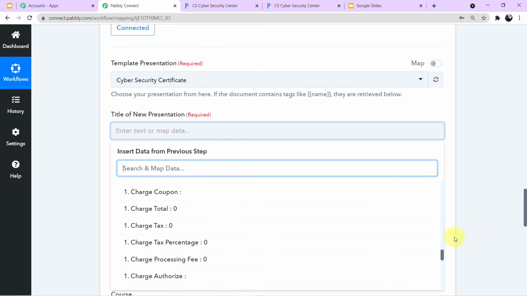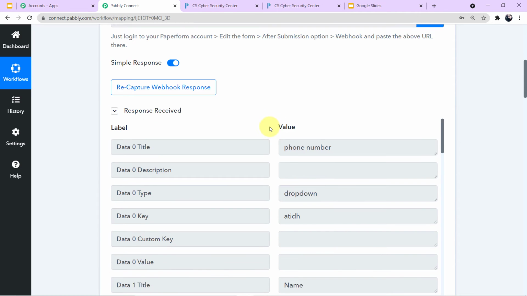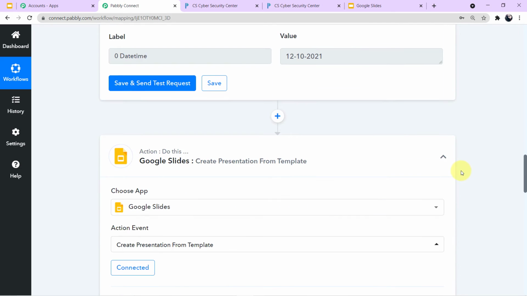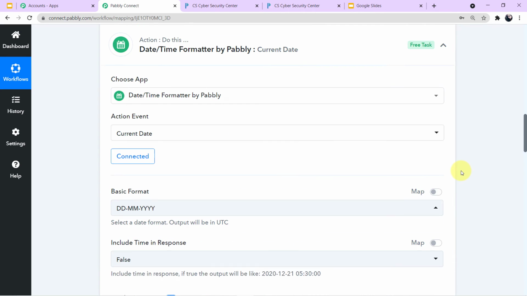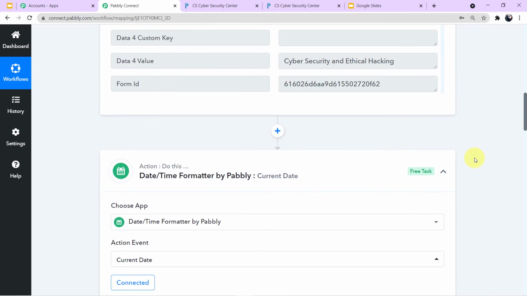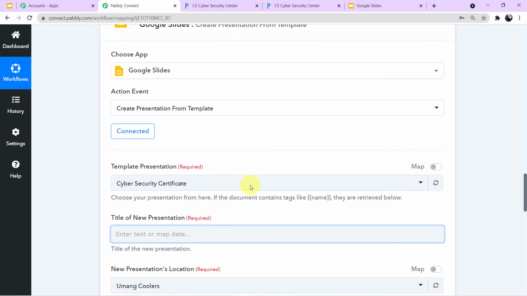Okay, so these responses are the same responses which we have captured above in Pabbly Connect here. Now this option of mapping data is given to us in Pabbly Connect because whenever we want to fill the required field with the value, we need not go up and up again, copy the particular data, come down and paste it here again and again. So to save your time, we have given you this particular benefit or add-on of mapping data.